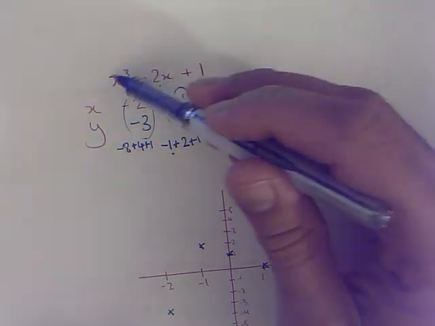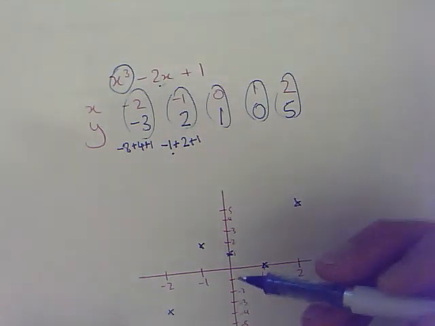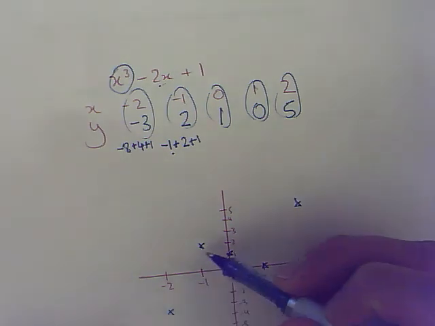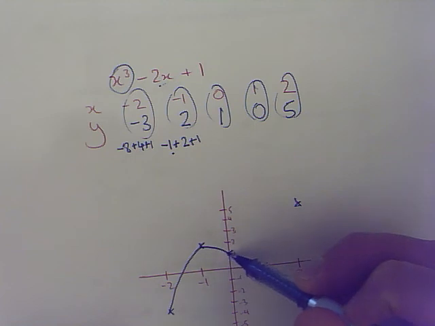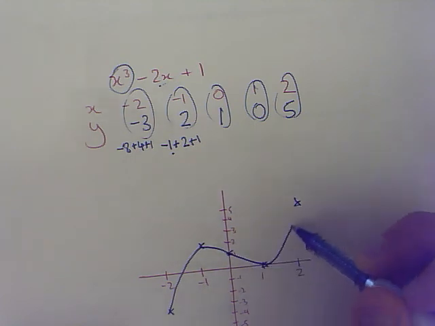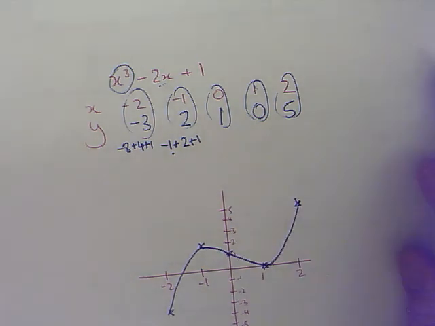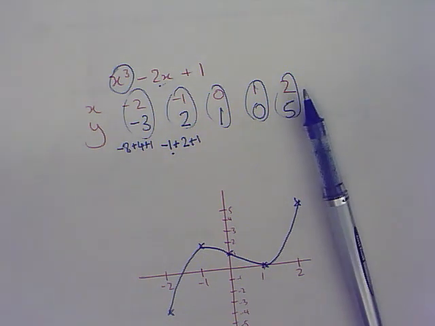Minus 2 lots of minus 1 is plus 2. Plus 1 means we have minus 1 plus 2 plus 1, which gives us 2. If you have minus 2, we have minus 2 cubed, which is minus 8. Minus